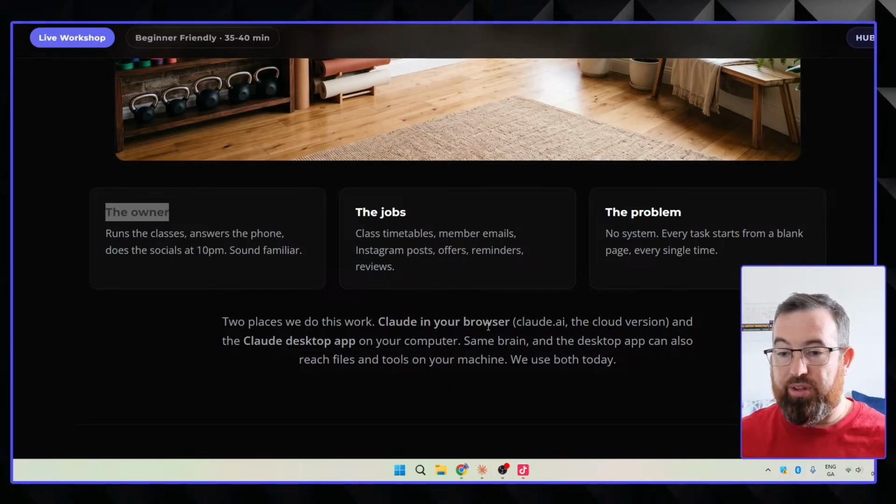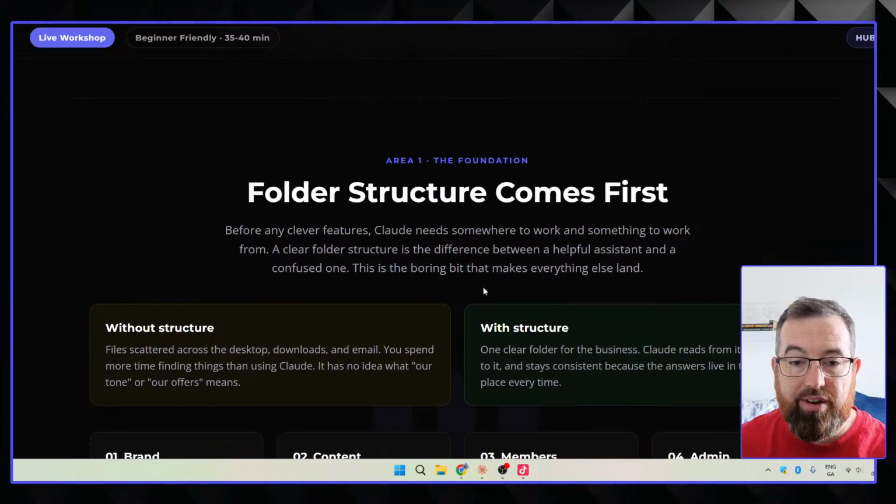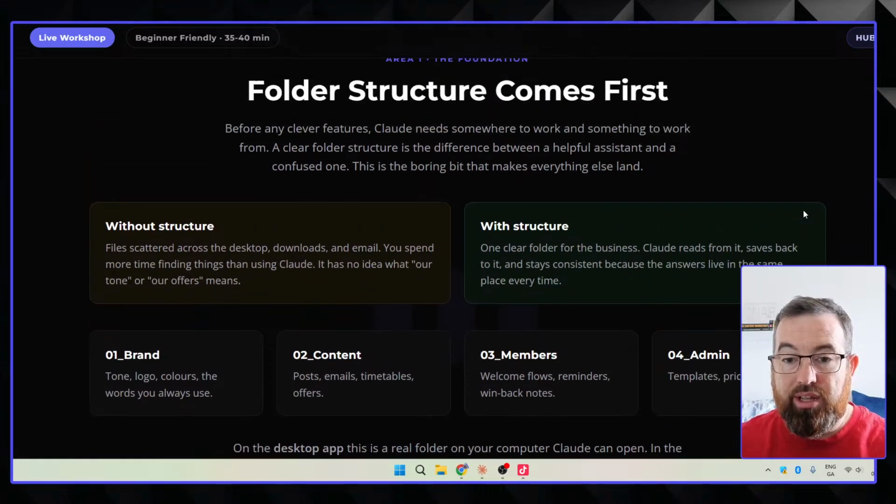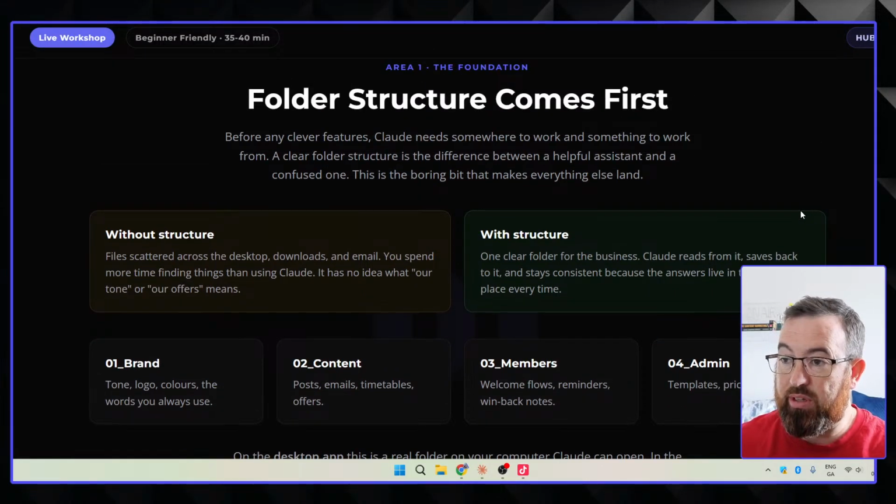So what we do then is we go on to the first key area, which is the foundation. Now, if you take anything from this live, this is it. The key area here needs to be the foundation of how you set up AI and how you set up Claude. So without structure, basically what ends up happening,